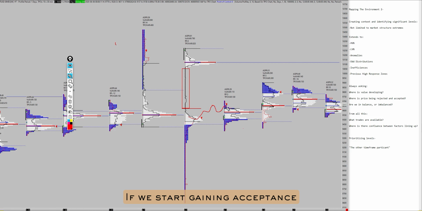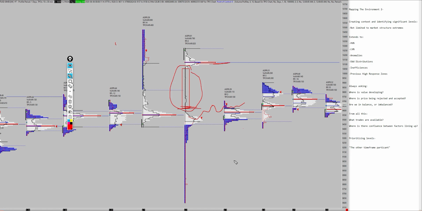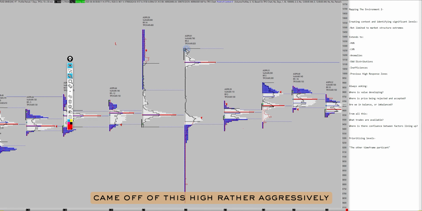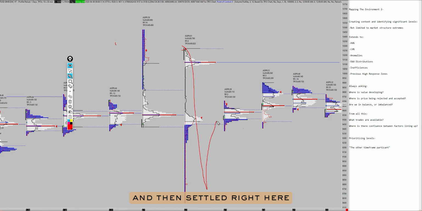All right. If we start gaining acceptance into this structure, the order of operations in this case would be moving from this low back up to this point of control. So covering this gap. So we're always keeping in mind where we sit. And in this case, the market is not just existing on its own in a vacuum. We're sitting with relation to a structure that had a great deal of imbalance. If you're looking at this on a candlestick chart, you're not going to see this gap. All right. So once we start to rotate upward, even though the market came off of this high rather aggressively,